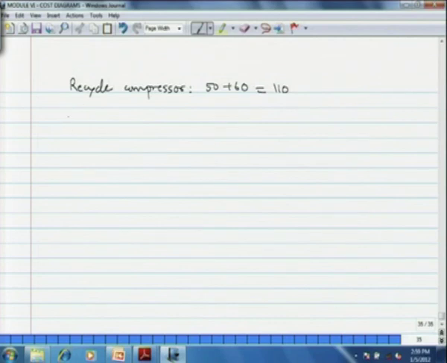Stabilizer column, $25,000 for the shell, that is the main body plus the plates, and $5,000 for the reboiler, so total 30. And then benzene column,